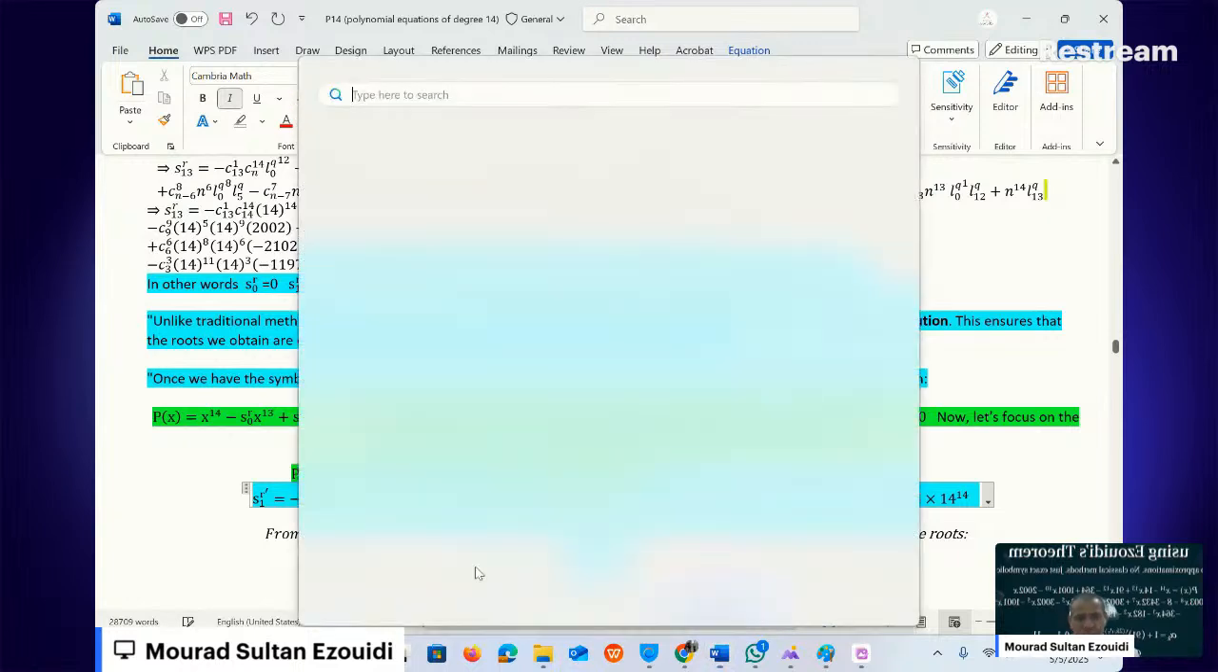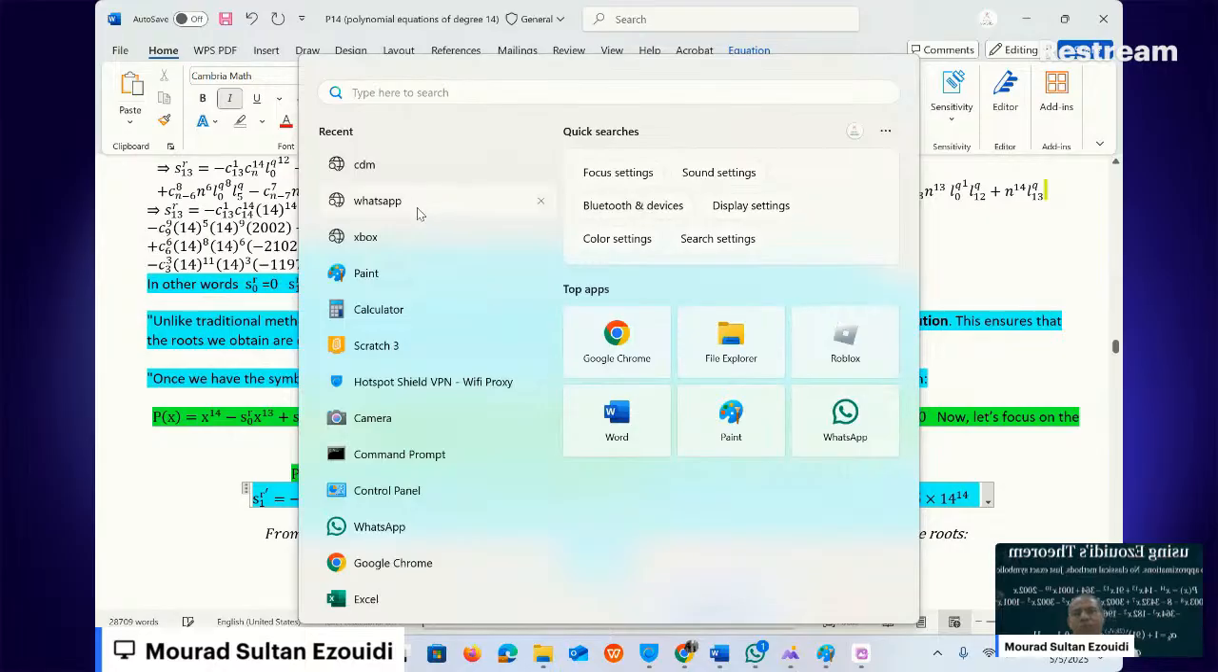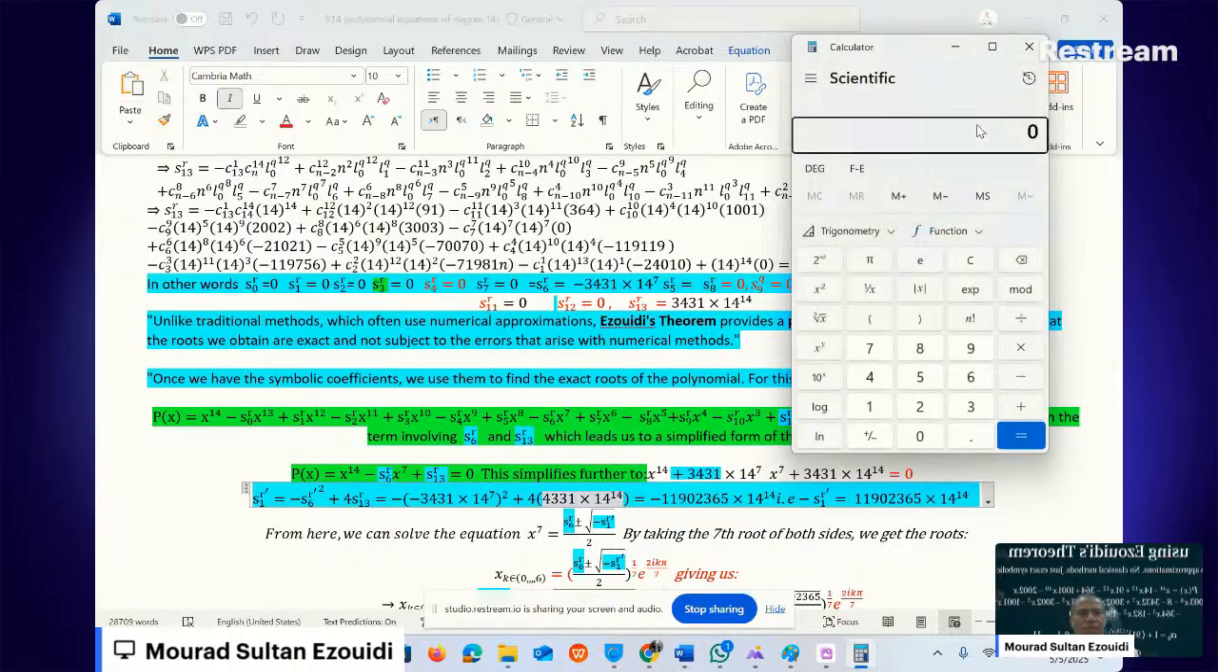I'll just use the calculator here. We call that negative 3,431 squared plus 4 times 3431. Okay, this one in fact is equal to 11,758,032. So I'll just put it here. It will be